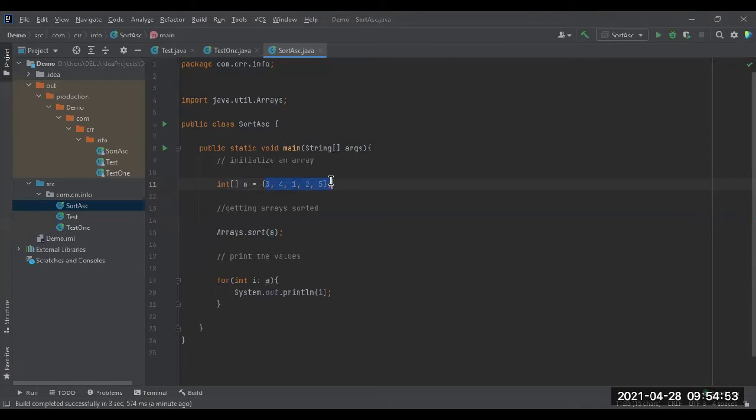All these values are replaced and all these are stored inside this array, and we are going to print that now. So this is one of the sorting methods we are using in the present scenario, which is very easy. But if in the examination they ask you to use a different method, then you have to write a for loop to sort it out. So this is one of the programs.